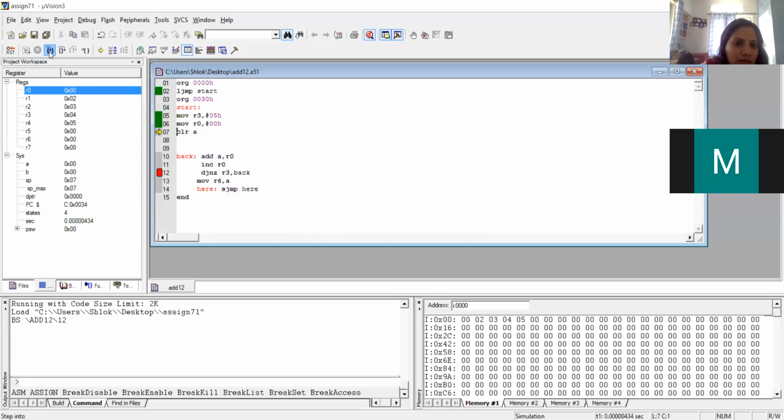Here, see, the first instruction is the add instruction. Your yellow cursor is coming here. Add A comma R0. It will add the R0 value, the first value we are considering, and that is 00, and that's why you are not able to see any value in the accumulator. Fine, it's okay, no problem. In this way it will add the 01, 02, 03, 04, 05 values, and you will get the output 15 in your accumulator.